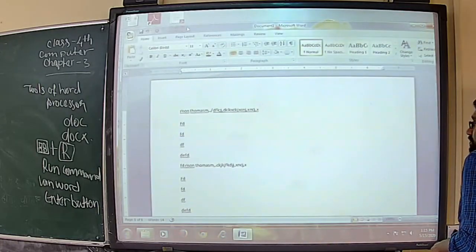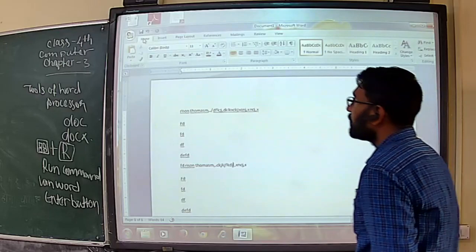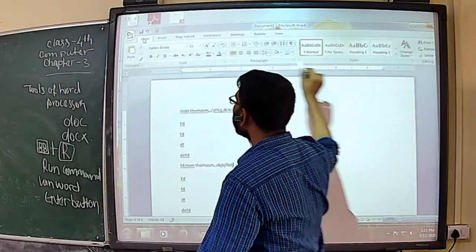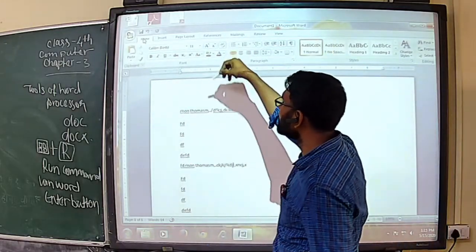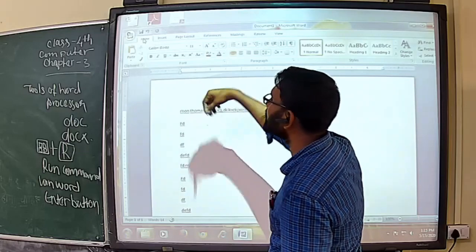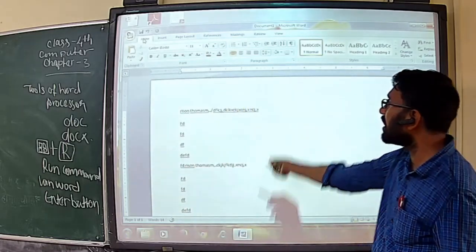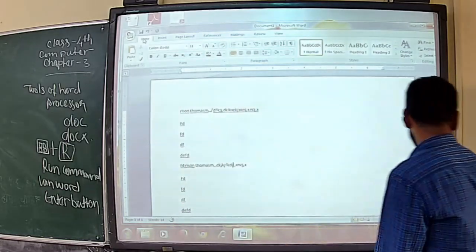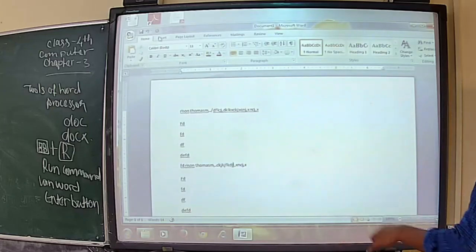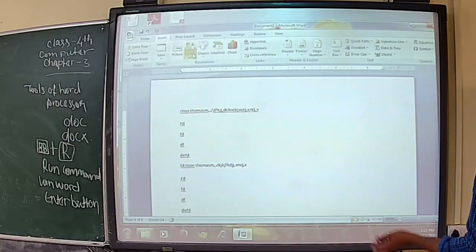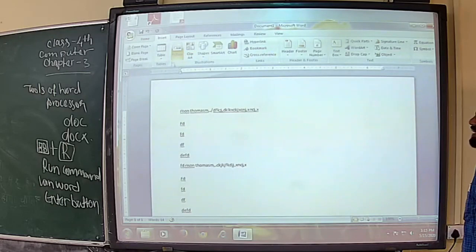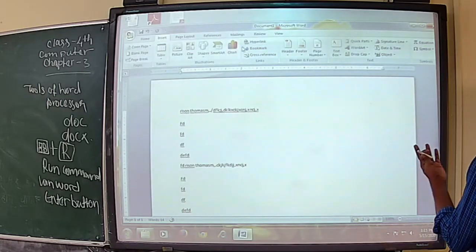This is the Home tab. There you can see basic text customization, changing letters, font style, and the rest of the things in the Home tab. Then the Insert tab, as the name itself says, is for inserting something. Is it a picture, shapes, and the rest? The Insert tab has tables, hyperlinks, charts and more.